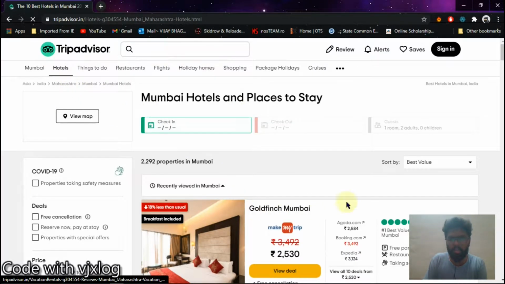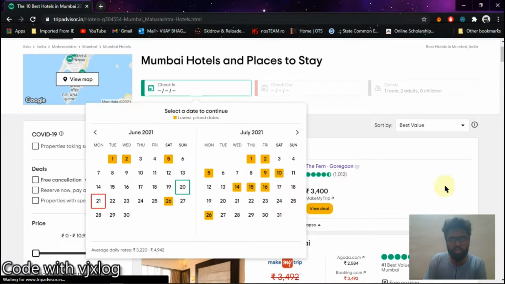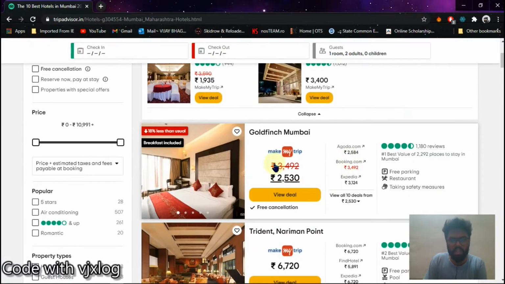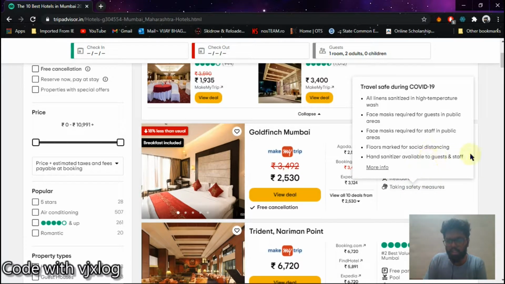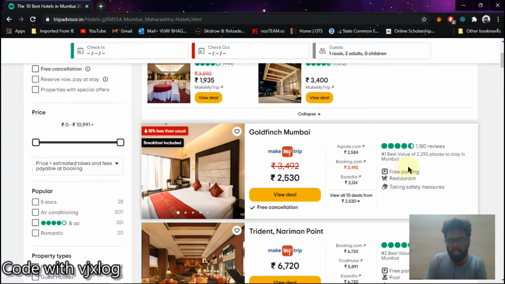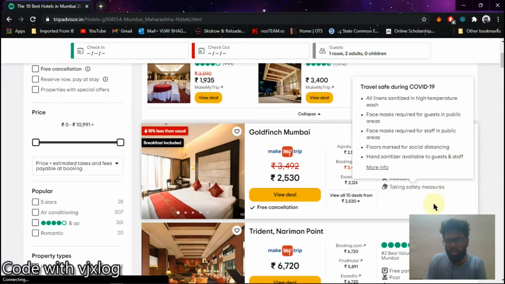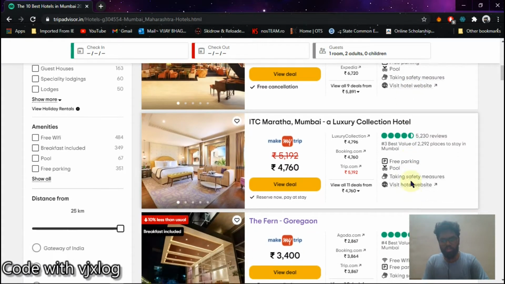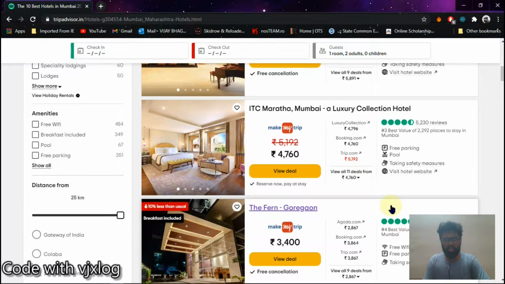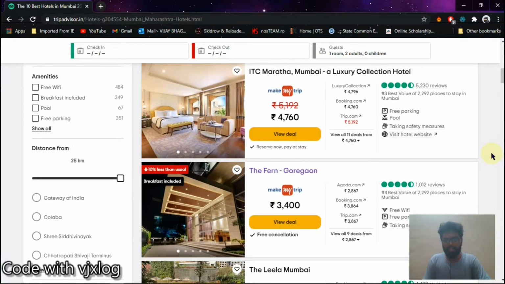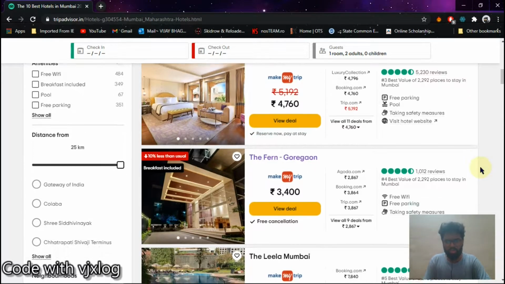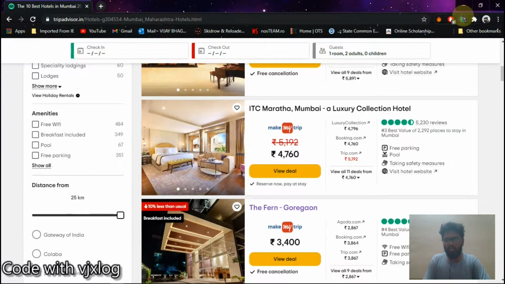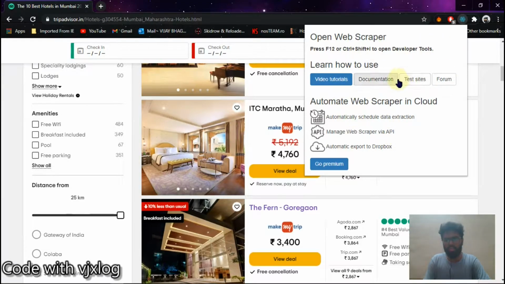So this is the TripAdvisor website. It tells you about hotels and their details, about how much rent it is if you have to pay, how luxurious it is, and how they provide their facilities. Okay, so we don't want this interface, right? We want it as scraped data that can be efficiently utilized. So that's why what we will do, we have to simply install this extension.